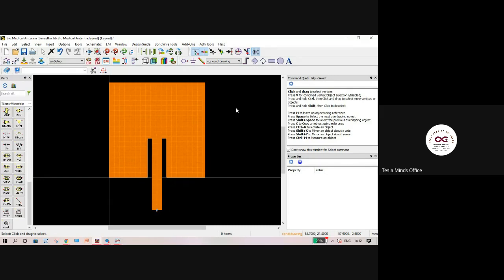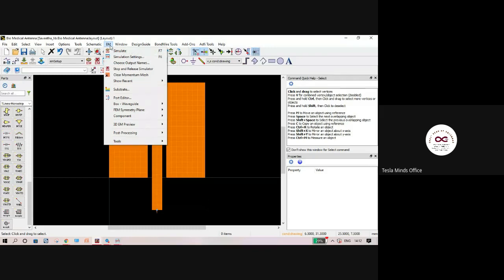In that case, I have to do something called co-simulation. For co-simulation, we have to take this antenna to the schematic window, which is the other half of the EDS software. I'll just show you that also. I first have to save this as a symbol.